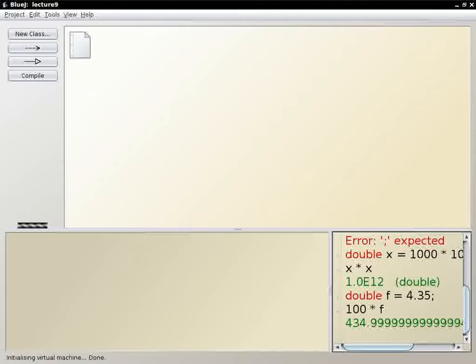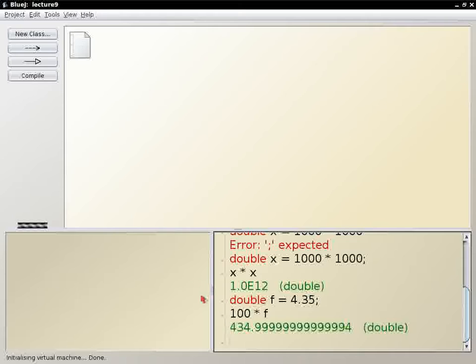And notice that it is 434 point something. And that actually looks pretty strange, right? Here you have a number that uses 3 digits, and then you multiply it by 100. So surely that should be 435. I mean, how hard can this be? But you get 434.99 something. So you get a slight round-off error.